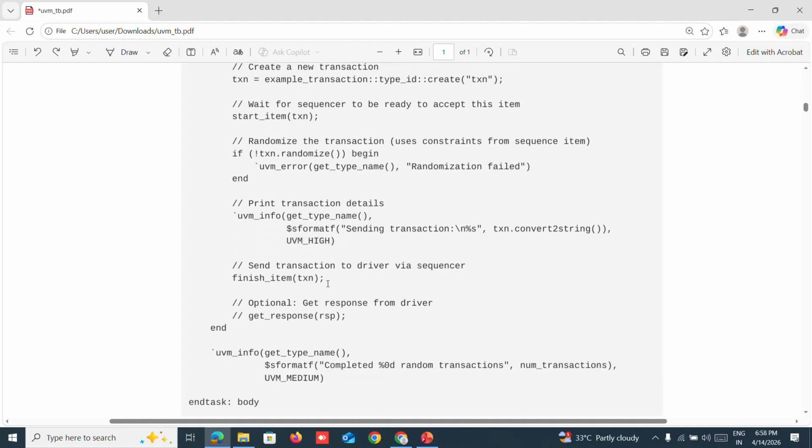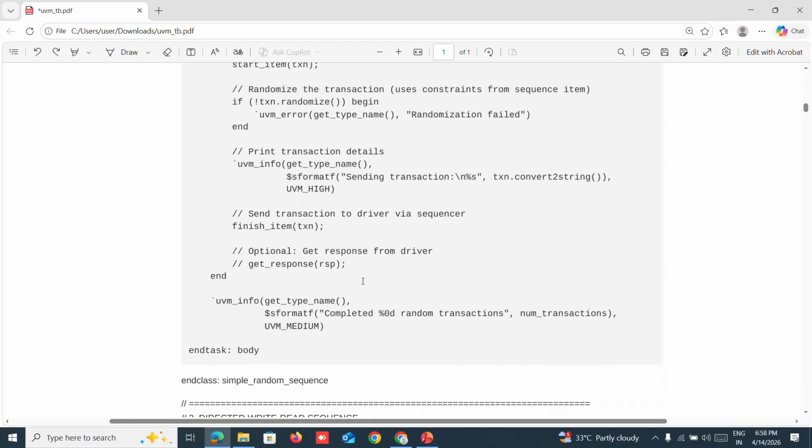And then finish item. Get response is optional, right? Driver will send the response, or otherwise it will be stopping there. Item done, it will be sending. Okay. So this is the basic simple transaction, just randomizing the transactions depending upon the address. Okay,